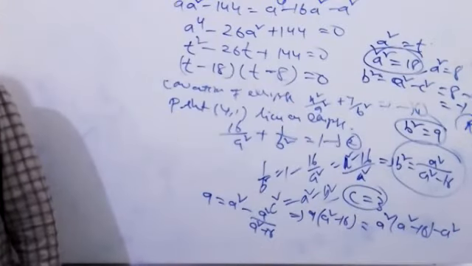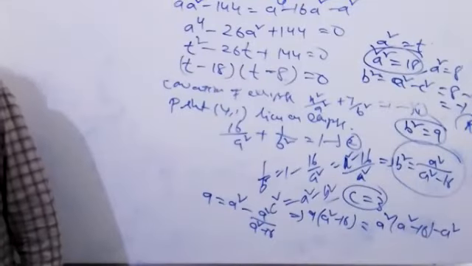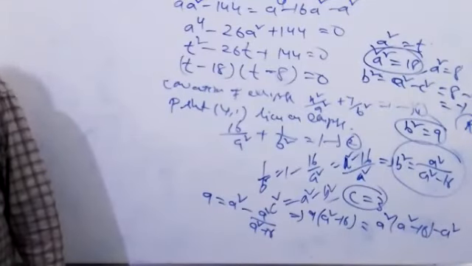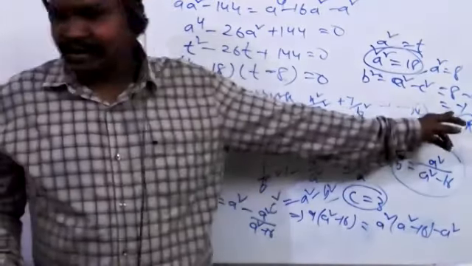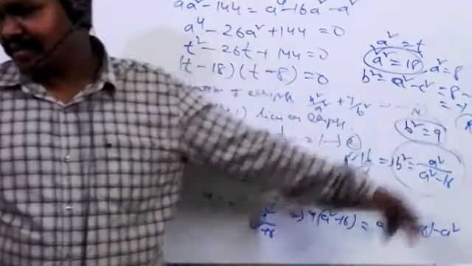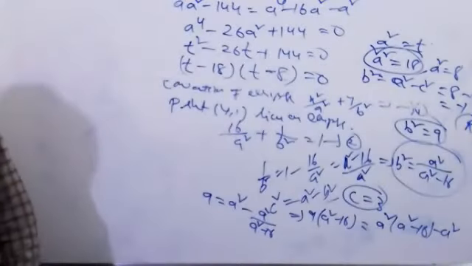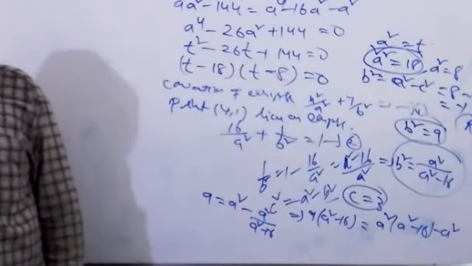After we get the value 18 and 8, then b square equal to a square minus c square. So, that is the minus c 1, no? Oh, yeah. Got it. 8 minus 9, minus 1, negative.